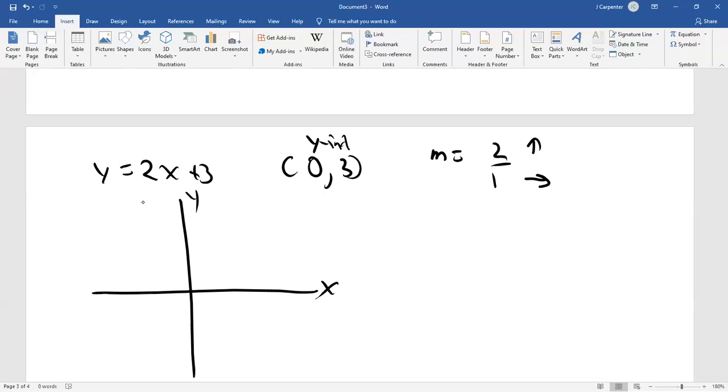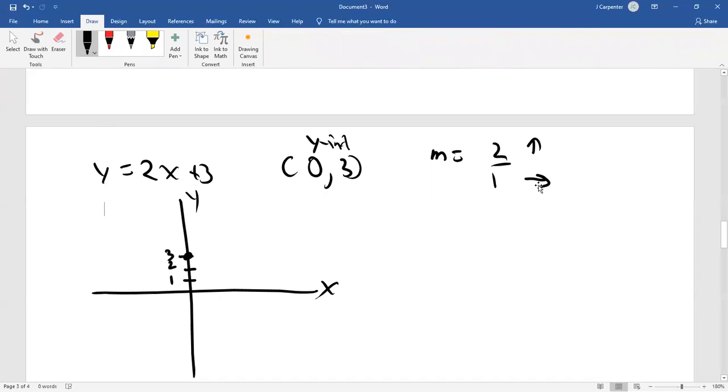So we had the (0, 3), which is here. It's on the y-axis. That's what makes it a y-intercept. To be on the y-axis, you have to go left or right 0, which is why the x value always has to be 0. Now from that point, I'm going to go right 1 unit and up 2 units. So we're going to go right to 1, and I'll show the movement with little dotted lines. So this is me going right 1,